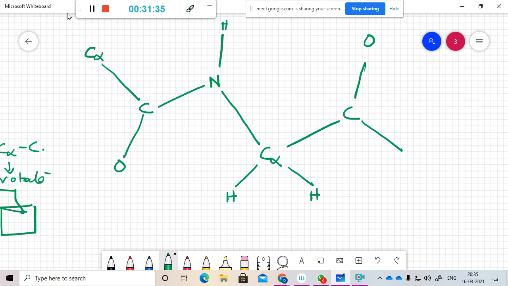This C is attached to a nitrogen. This is attached to another C alpha. This is attached to an H. And now what the plane is,